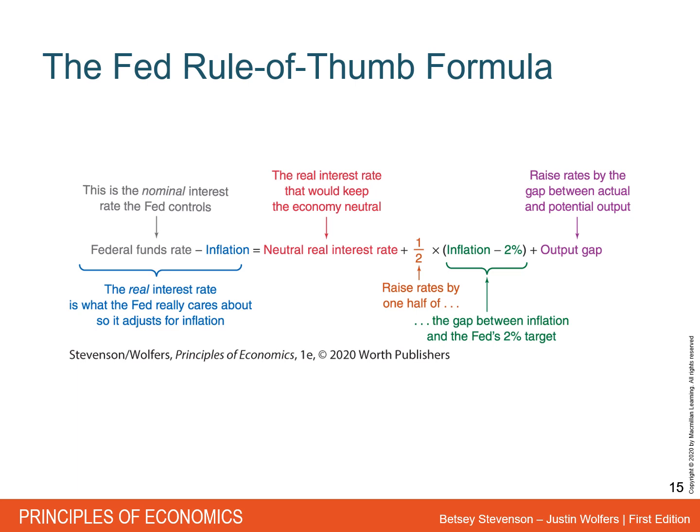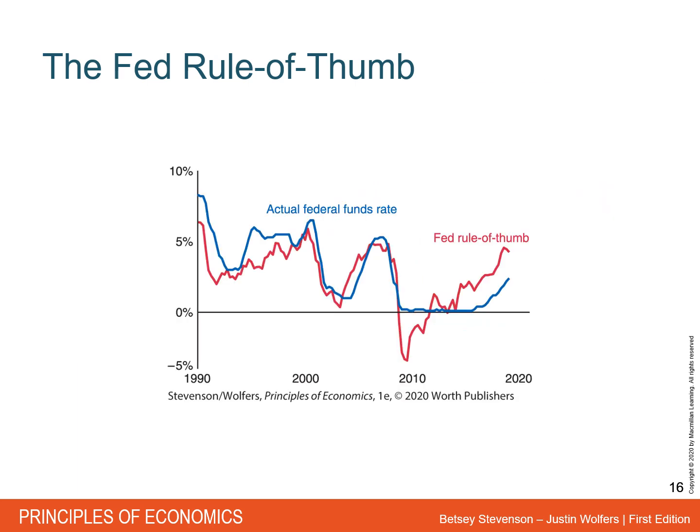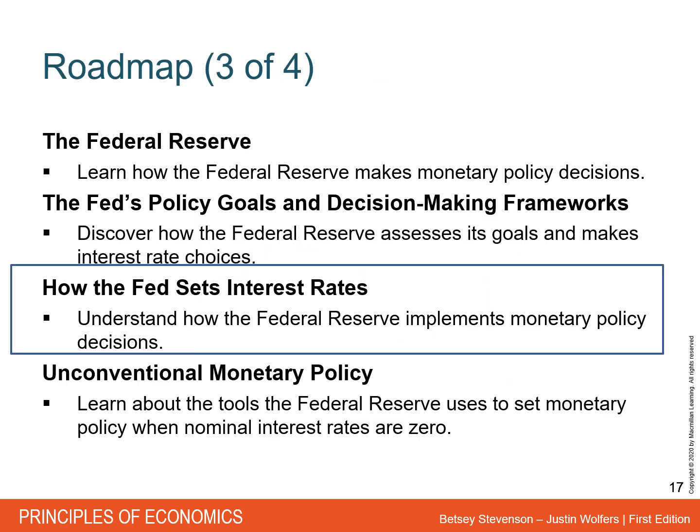So your federal funds rate minus inflation equals the natural real interest rate plus half times the inflation minus 2 plus the output gap. Now this seems like a lot of information, right? All right. So if you look at our rule of thumb, this federal funds rate rule of thumb, we've been doing pretty good. This real simple calculation for our federal funds rate is actually very close to our real federal funds rate. So this rule of thumb is actually pretty accurate. All right, so next,